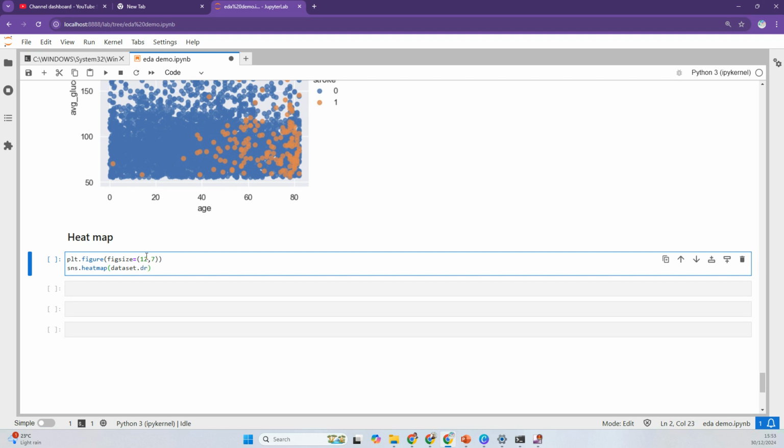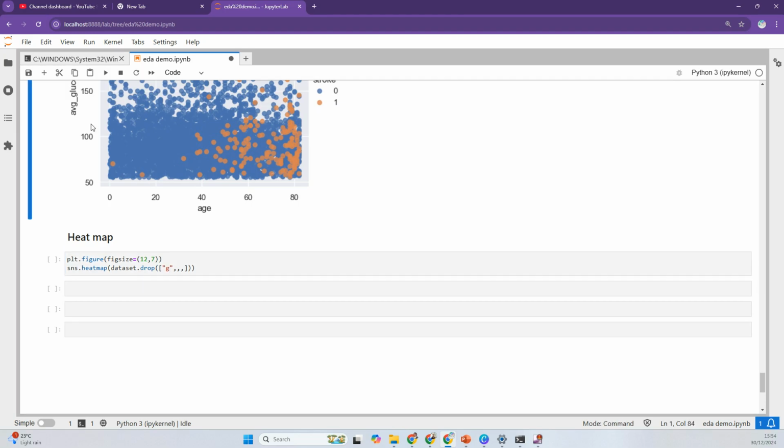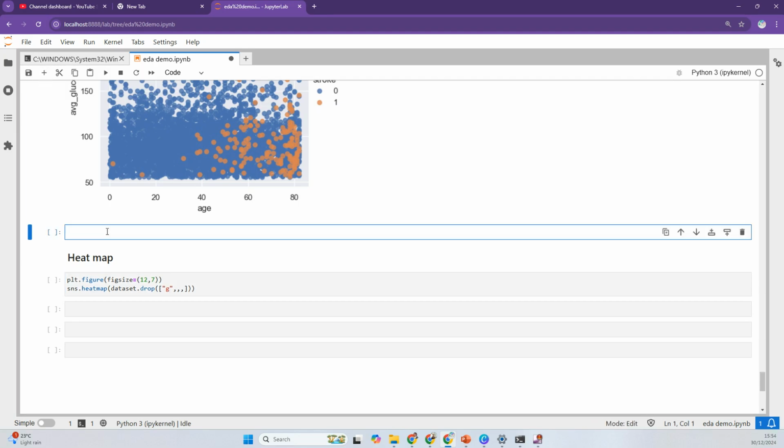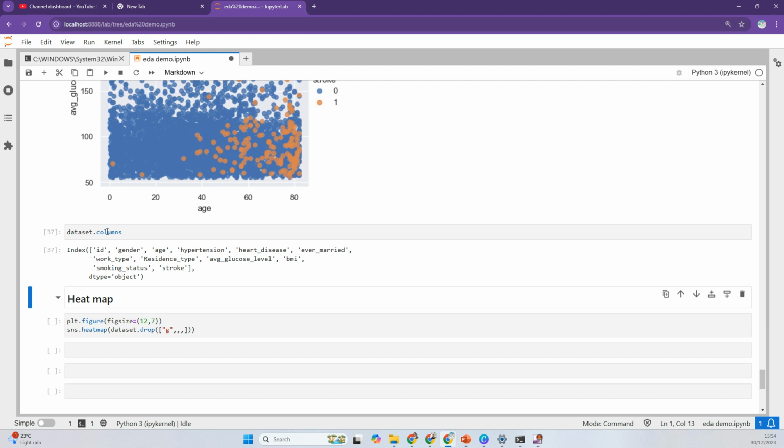As we call it, we are also going to call a method called drop, which we are going to pass some categorical features that we need to drop. So let me go up there again and do dataset columns, and we want to drop